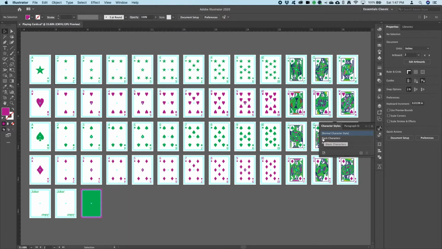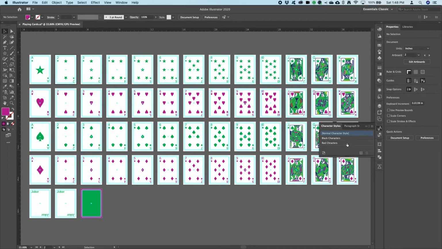All right, inside of the character styles, once again, I've kind of pre-baked everything for you for this project. There is a black characters character style and a red characters character style. Inside of each one of these, we'll have all sorts of properties associated with text. Just like with how we created swatches in the previous tutorial, to create a new character style, all you need to do is create a text element, click on the new style button at the bottom of this panel, and that new character style will be based off of the character styles of the text that you selected to make that character style on. In this case, I already have the 2 character styles made for us,